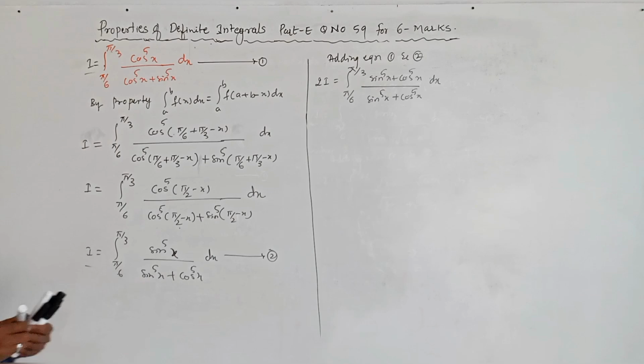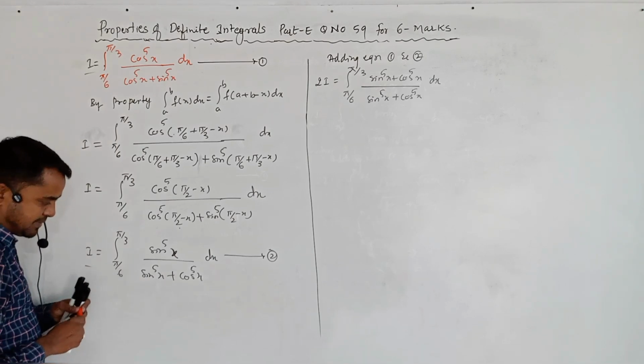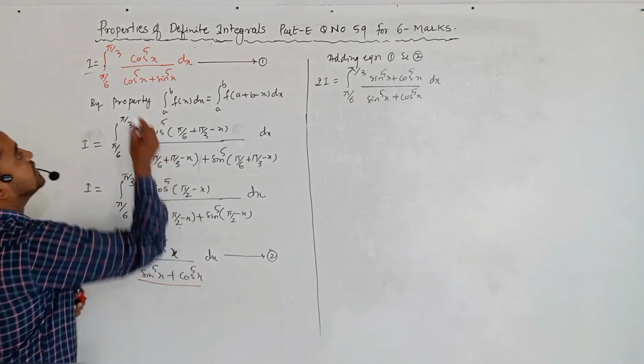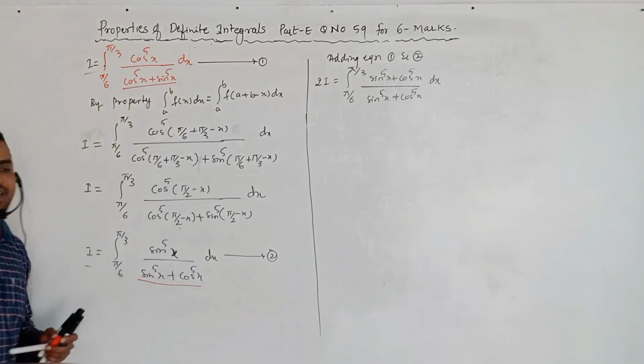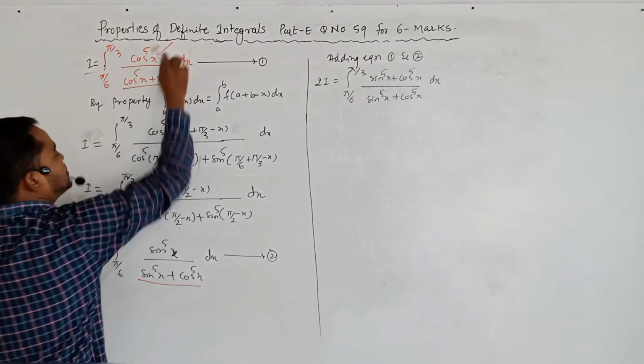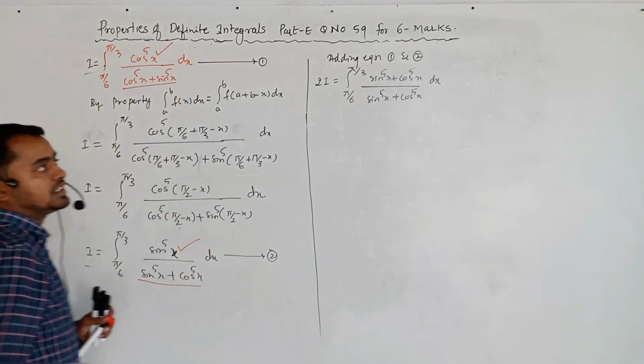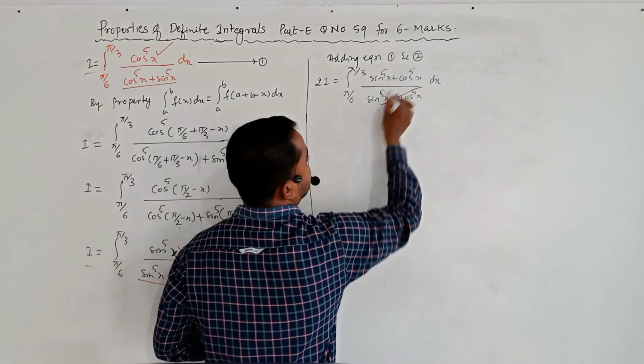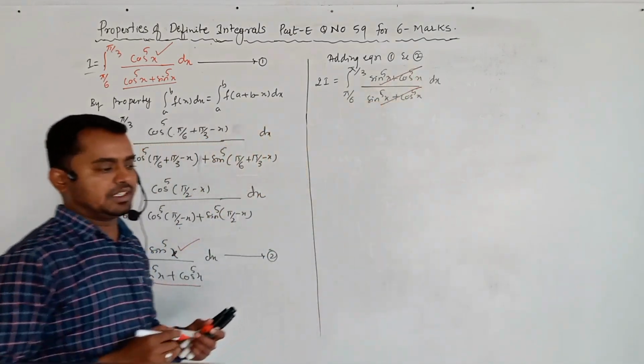Now cancel this one because the denominator is the same. Sin^5 x plus cos^5 x is also the same. So keep the denominator as it is, and only add the numerators cos^5 x and sin^5 x. Now these terms cancel here. Then 2I is equal